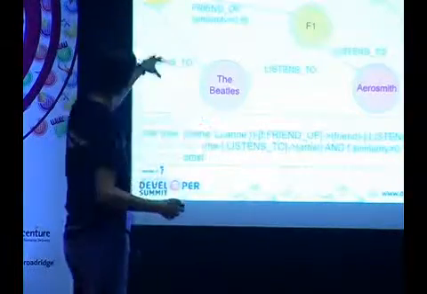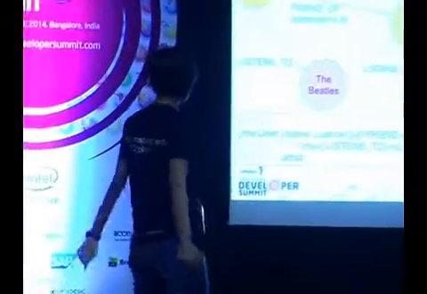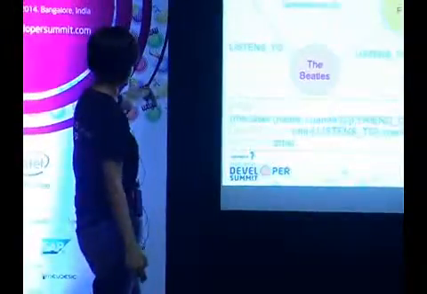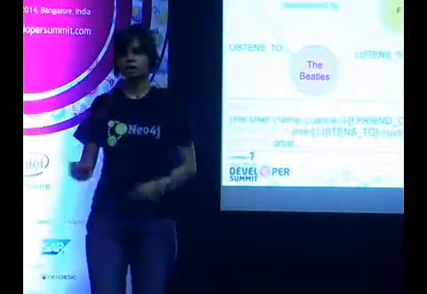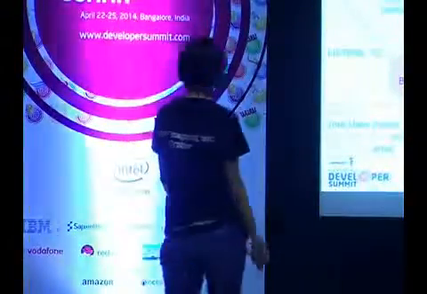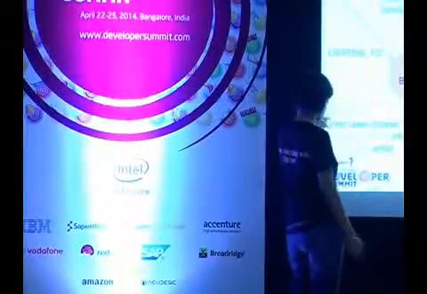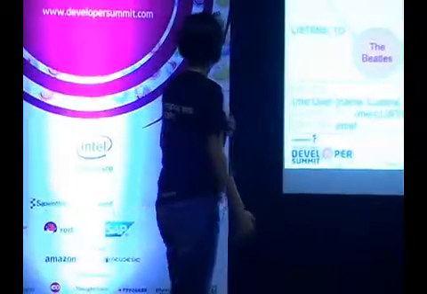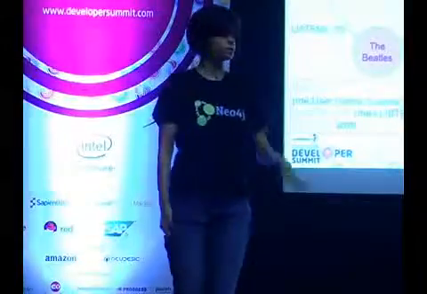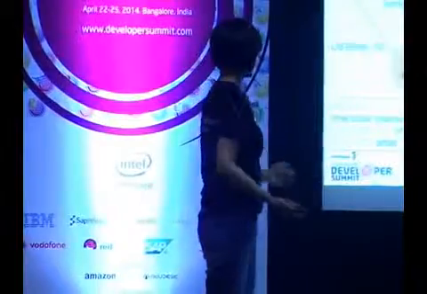Okay, so that's a pre-computed value, and that's stored as a property on the relation. And if you look, what this Cypher attempts to do is suggest what other artists I should listen to. So what we're going to do is first describe the pattern. In the match clause, the match tells you to look for this pattern. So you're saying start at Luanne, because these are recommendations for me. Find all her friends, find what artists her friends listen to, and then you go to the where